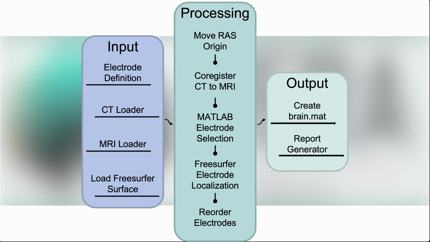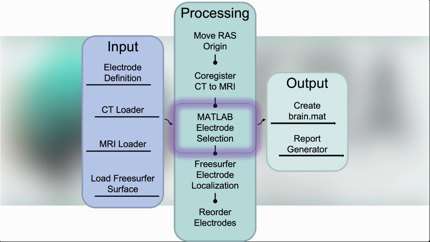Processing components manipulate VERA data in meaningful ways, and therefore rely on input components. The processing components in the simple tutorial pipeline include move RAS origin, co-registration, MATLAB electrode selection, FreeSurfer electrode selection, and reorder electrodes. The move RAS origin component works in conjunction with the co-registration component. This simply ensures that the CT and MRI images are overlapping enough to be successfully co-registered. The co-registration component uses SPM12 to co-register the CT to the MRI for precise electrode localization in the MRI coordinate